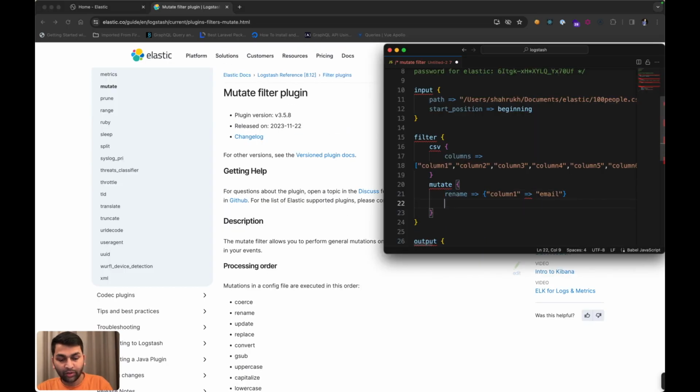Okay, so remove field is also a part of the mutate filter. So what you do is